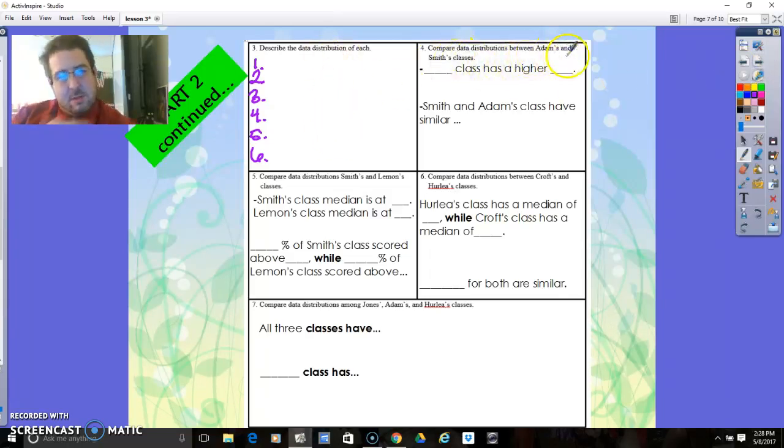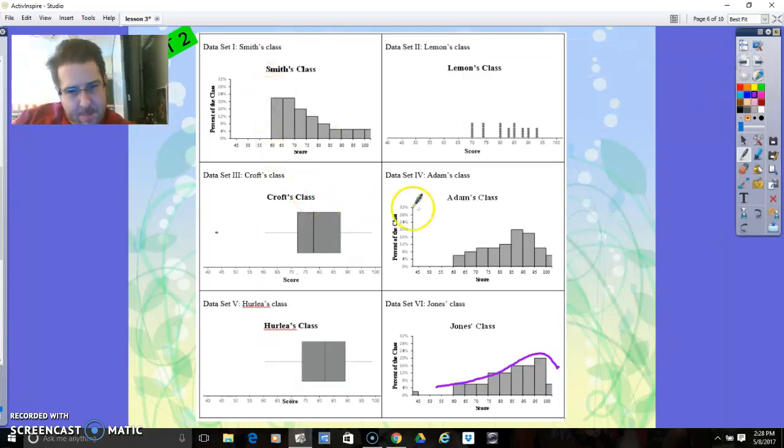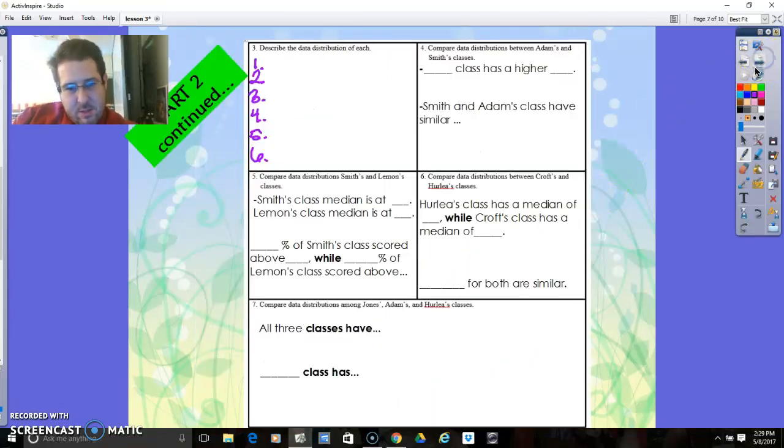Compare data distributions between Adams and Smith's class. Adams is here, and Smith's class is here. Well, when you look at these two, this one looks skewed right. You can see how it tails off to the right. This one is more skewed to the left. So there's a big difference right there. Got a higher